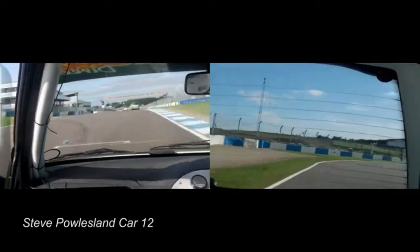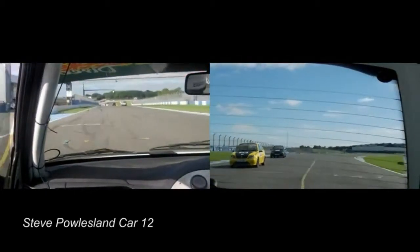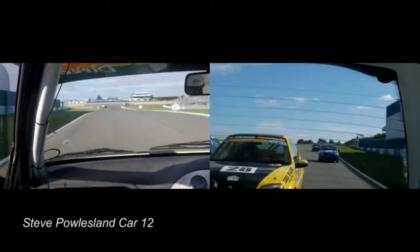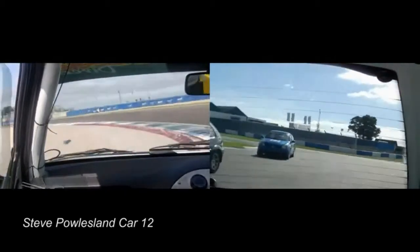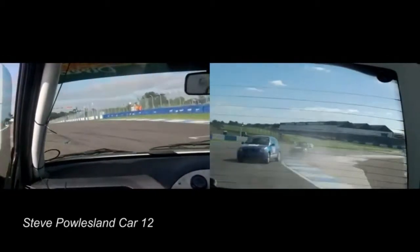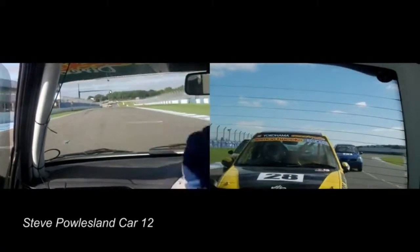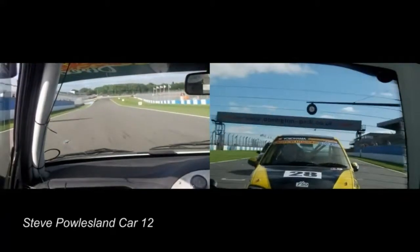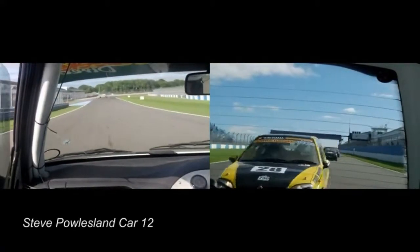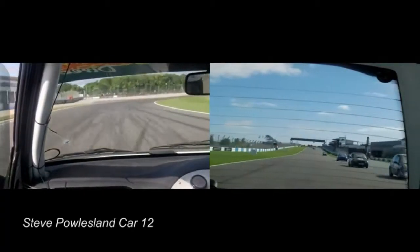Tibbs, contact. Hitting Steve sideways out of the chicane. Causing both the cars to lose straight line speed. However, Tibbs wasn't done there. He dived up on the inside of Steve, heading through the chicane, hitting him onto and over the gravel. Down to Redgate. Tibbs trying to find another way past Steve as they